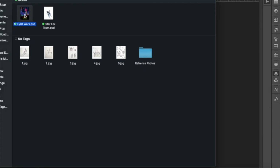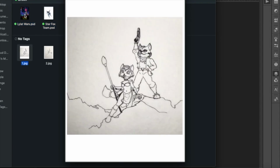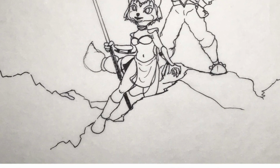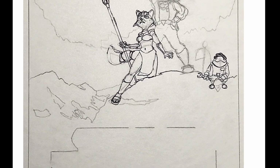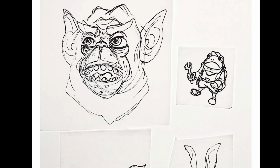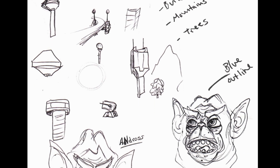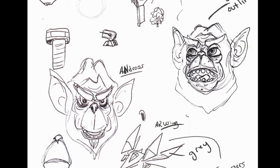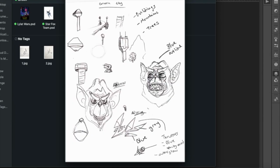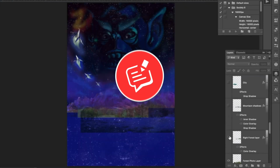And now, the next steps that made it really simple for me to visualize how things will look when I'm getting closer to the digital painting was drawing on tracing paper with some ink pens, and this way I was able to cut out some of the figures and move them around as I wanted, and put them together. As you can see with Andross and all the other characters, I was able to cut them out and place them in different ways, just to see if I can play around with different placements